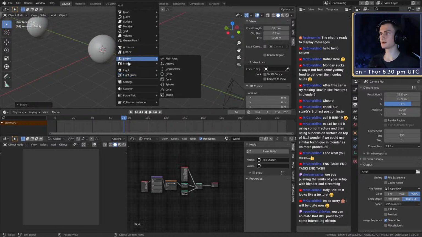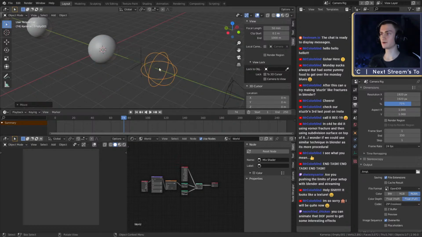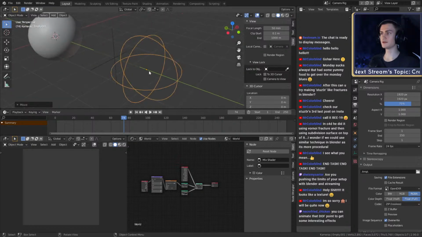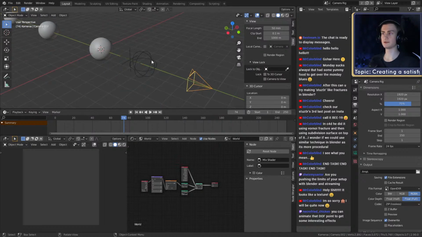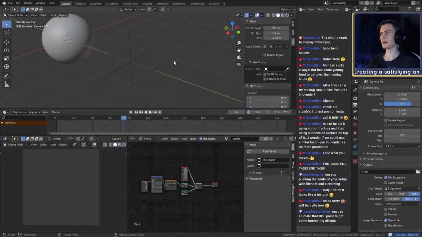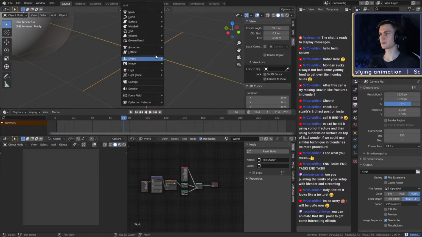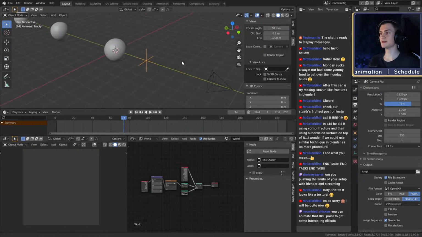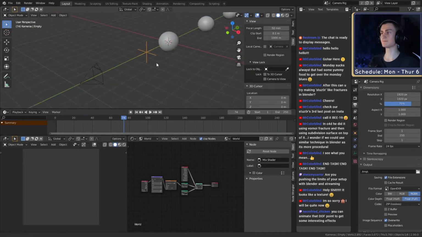If you compare that to an empty sphere, you can see this orange dot, the pivot point, but if you then select something else, you can't see it anymore. So I usually use the plane axis empty, just because it's the easiest and best, in my opinion, for this.